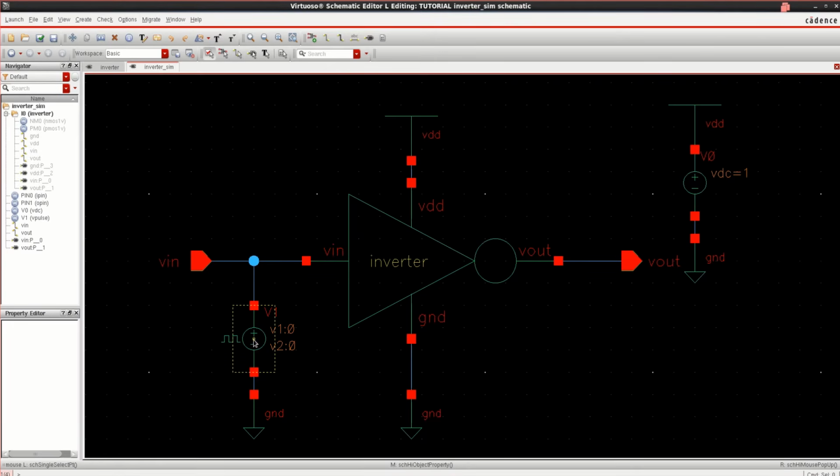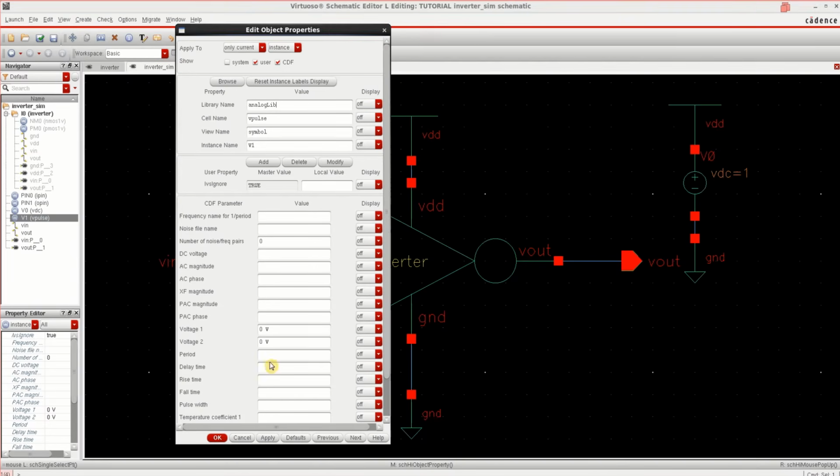Similarly, define the pulse. Select this and hit Q. Define the pulse voltage. I want voltage 1 to be 1 volt and voltage 0 to be 0. Period of the pulse is 20 nano, and I want a rise time of 50 pico.